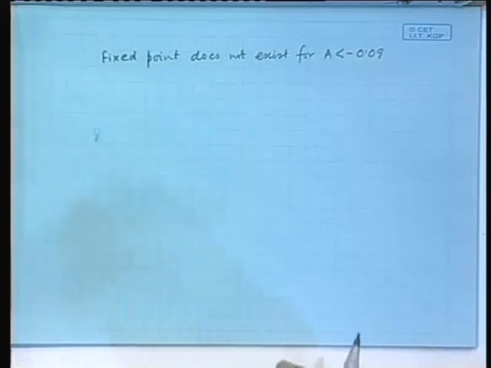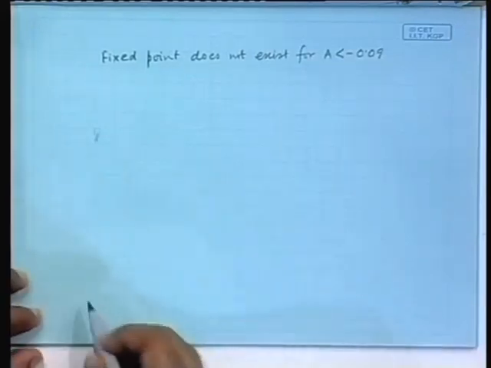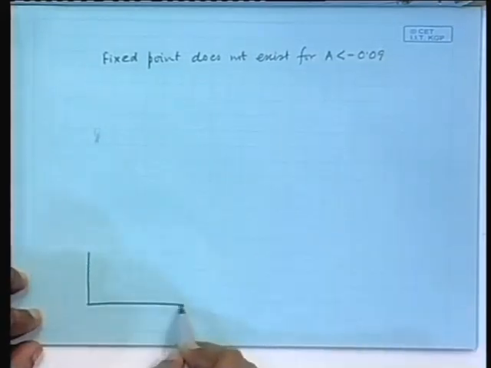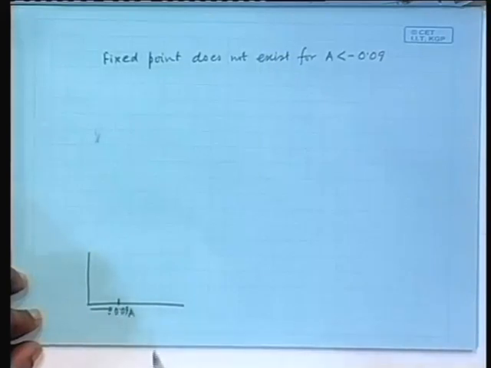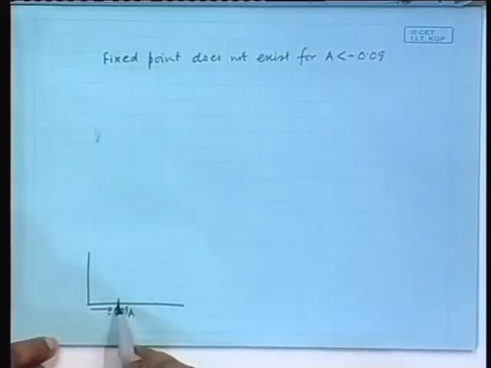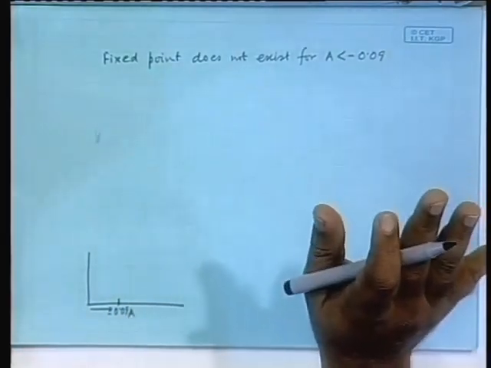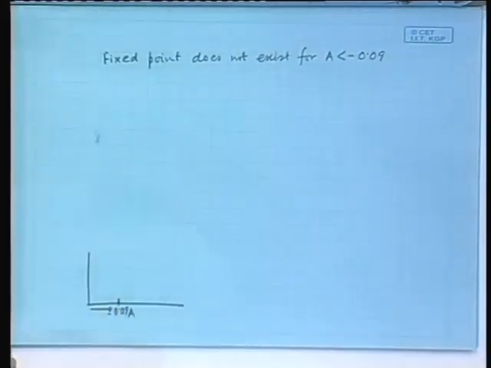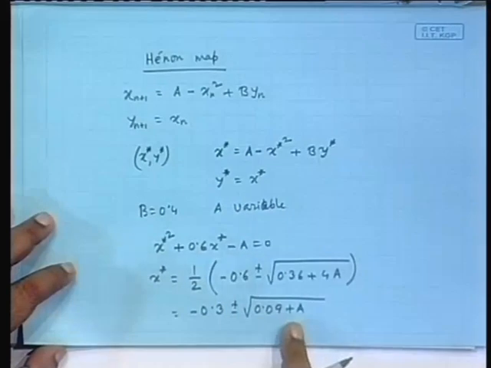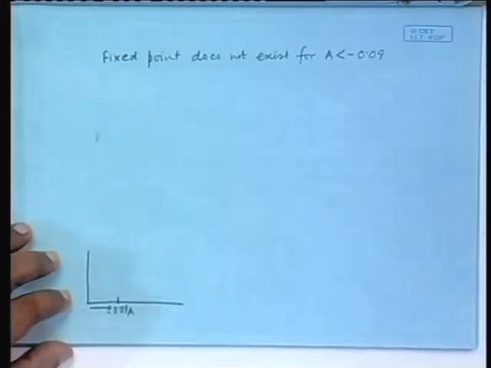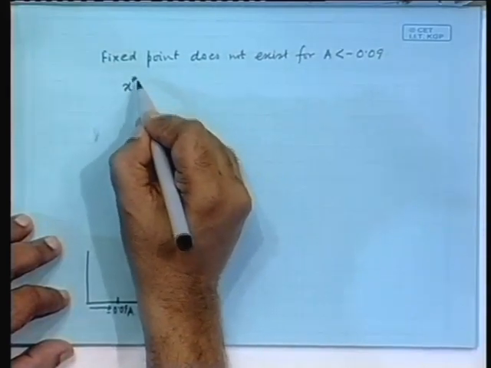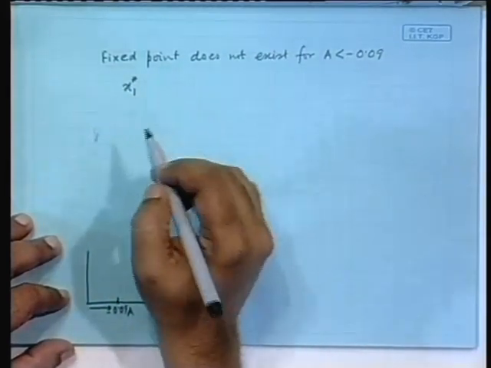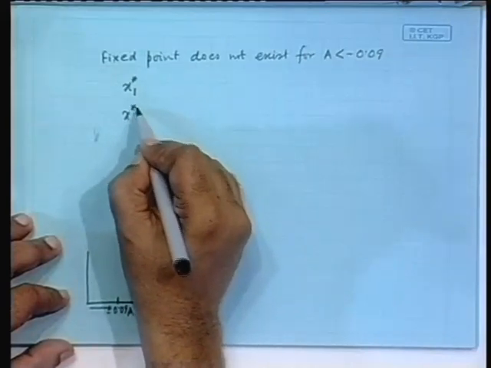Now, suppose we are varying the parameter a, and we are varying it this way, and here is 0.09, minus 0.09. Before that there was no fixed point. Beyond that, what will happen? There will be two fixed points and their locations are given by x star 1 and x star 2,